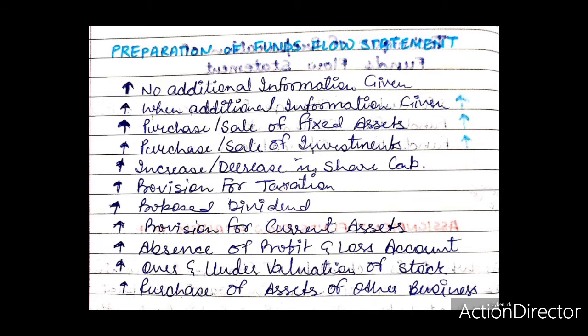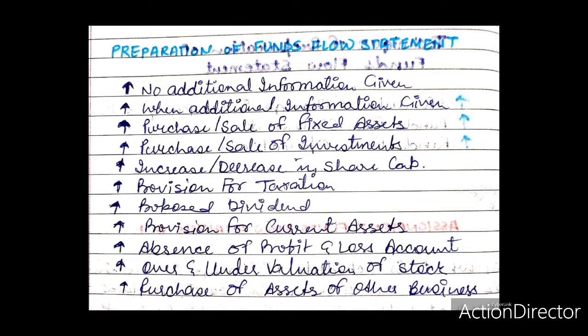The balance of the adjusted P&L account will be profit or loss from operations that is to be shown in the funds flow statement. In the end, the balance of the funds flow statement will be equal to the increase or decrease in net working capital as shown in the schedule of working capital changes.